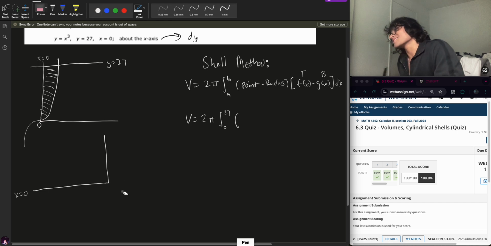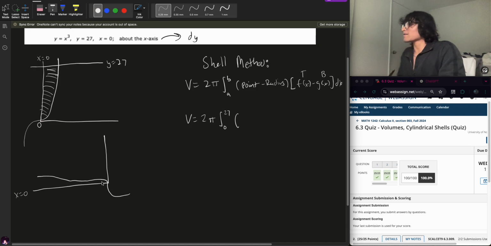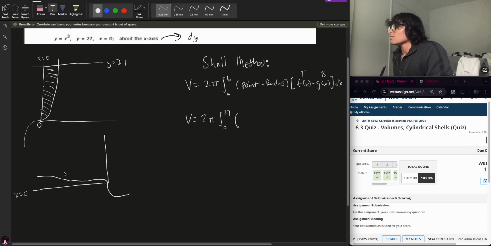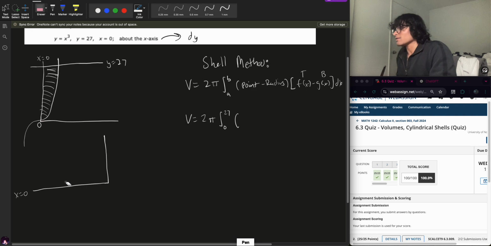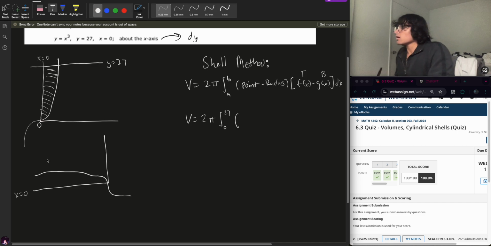I have to turn my head sideways for this. Oh, that is a very terrible drawing. I am sorry, guys. Give me 1 second. Okay, this is the best I can do. This is our very well drawn